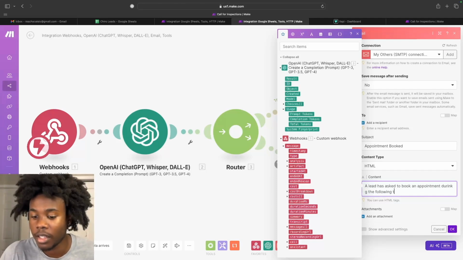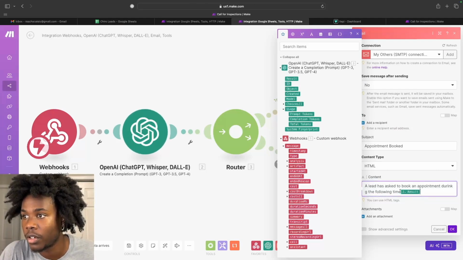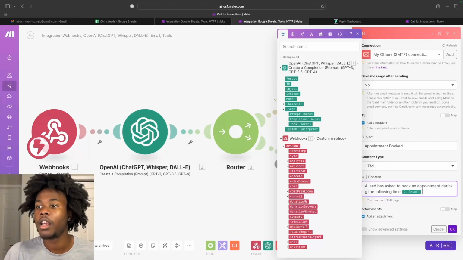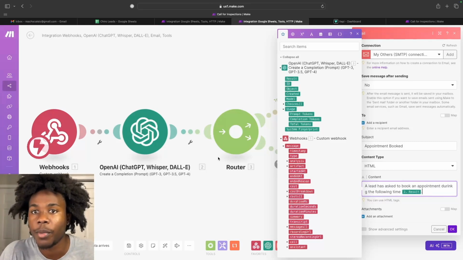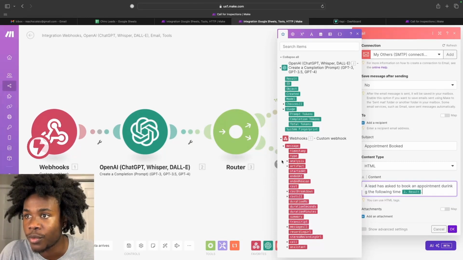And this is basically, if you read the prompt, this is what I prompted it to return if somebody did agree. And then we're also going to get their number, but the way I structured this webhook when I sent